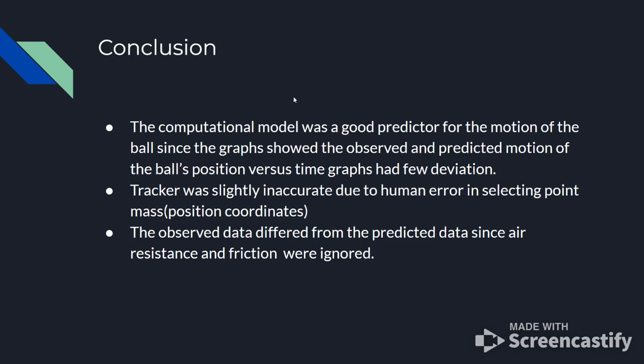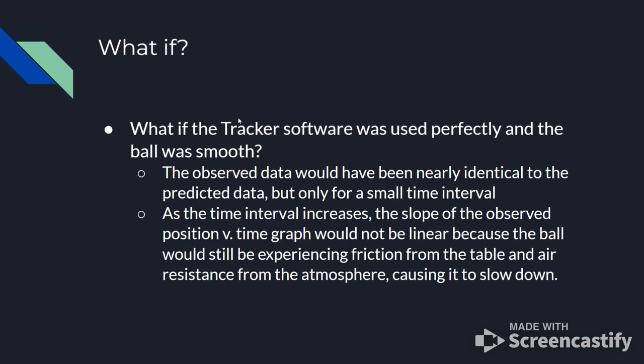In conclusion, the computational model was a good predictor for the motion of the ball since the graphs were pretty similar between observed and predicted data. Tracker was slightly inaccurate due to human error, and observed data differed since air resistance and friction were ignored. If Tracker software was used perfectly and the ball was smooth, on a small time interval, the data